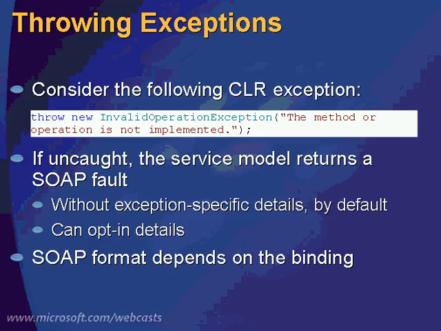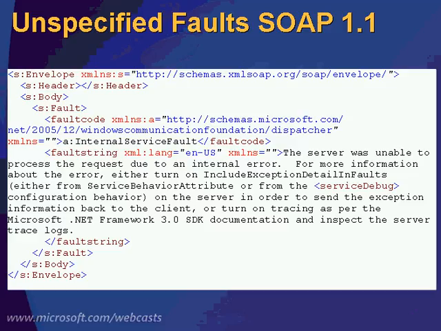And then the format, whether it's SOAP 1.1 or SOAP 1.2, depends on the binding. So if you're using basic HTTP binding, it's going to be SOAP 1.1. All the other bindings are SOAP 1.2. Here's an example of what that fault might actually look like. So we've got a fault